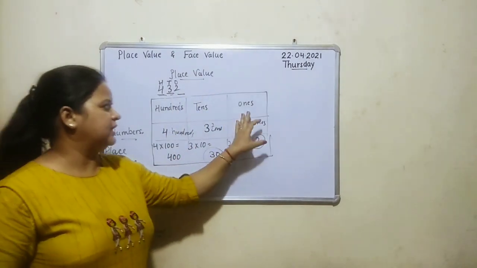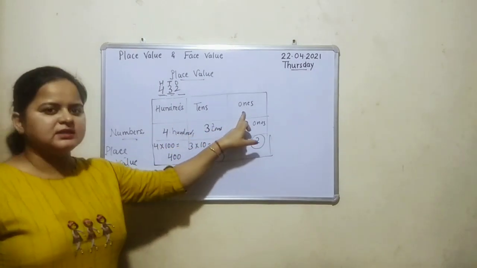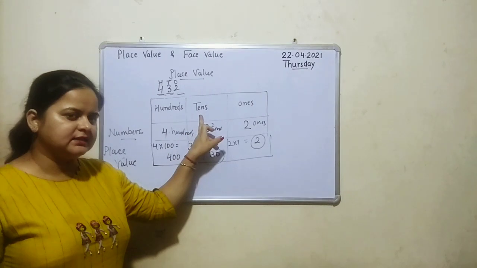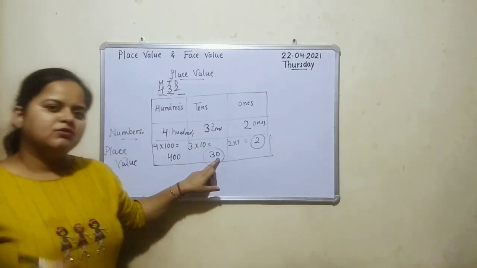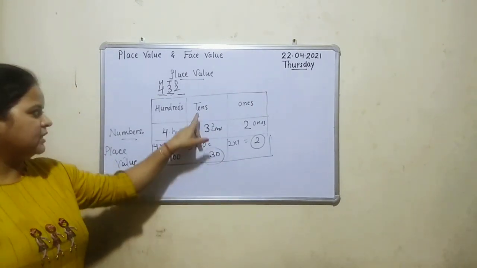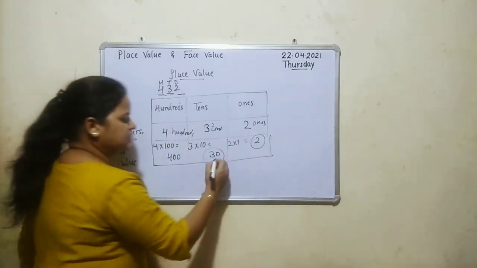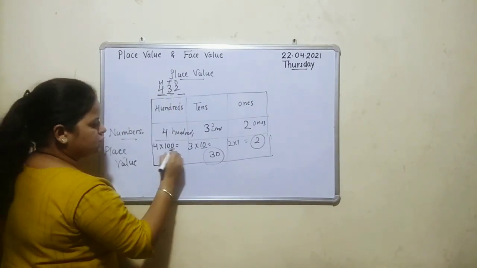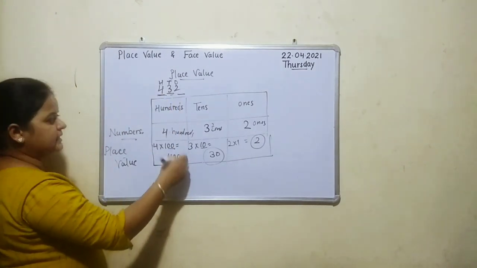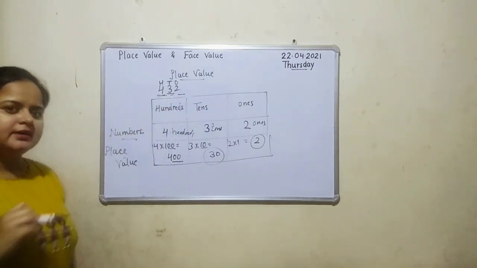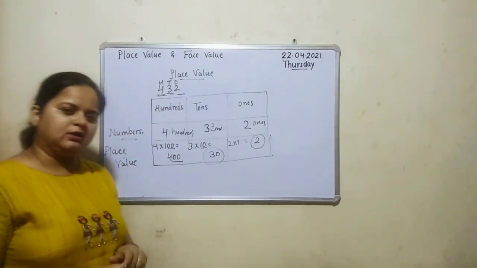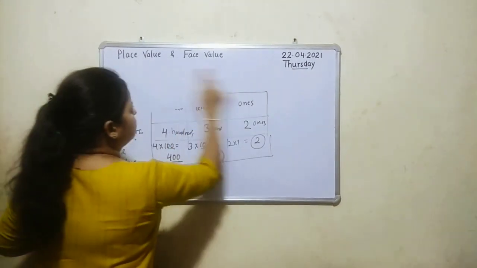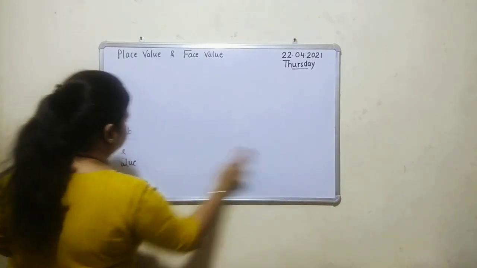If any digit is placed under the O, meaning ones, then it will be same. If it is placed for tens, then a 0 will come with it. If it is at the tens place, a 0 will come with it, because 10 has a 0 and 100 has two 0s, so two 0s will come with the digit that is below the 100, below the H. Okay, you all know about the place and face values now. Now we will do the sums with place and face values.